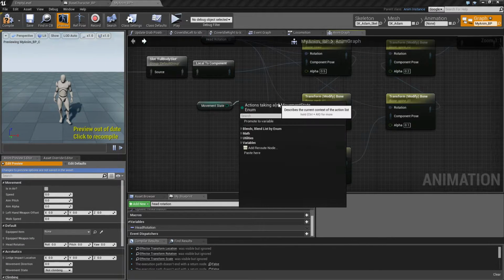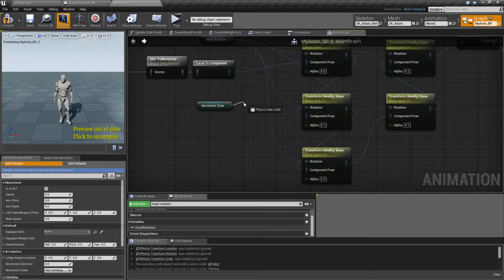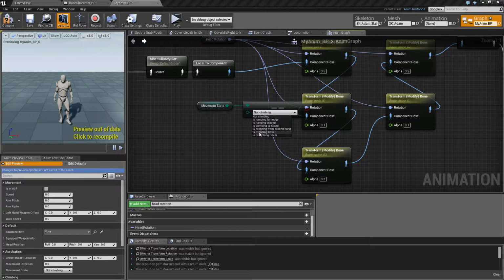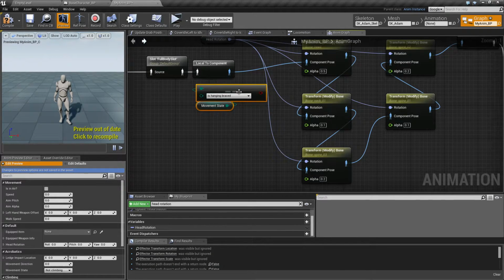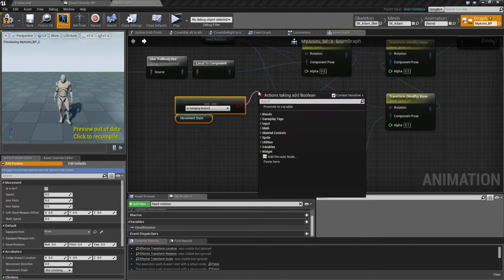So we're gonna say if we are equal to hanging braced, let's do it like this. If we are equal to hanging braced, then we actually want to have a branch, but you can't make branches in here. What you can do is something similar, you can use a select float,